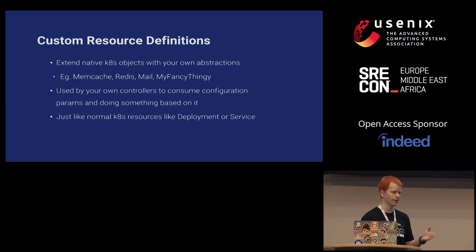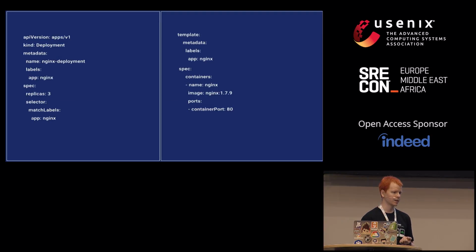On the templating side, where developers might be seeing them, they look just like normal deployments or services. So again, no custom DSL, nothing custom. It's the same kind of thing they would see with built-in Kubernetes types. Here's an example from, I think, a Getting Started guide on Kubernetes. You can see a deployment object in here. The spec has 3 replicas. The container spec says it's going to be Nginx, this image, and a container port. So this is all the information that the deployment controller needs to actually create those running containers for you.